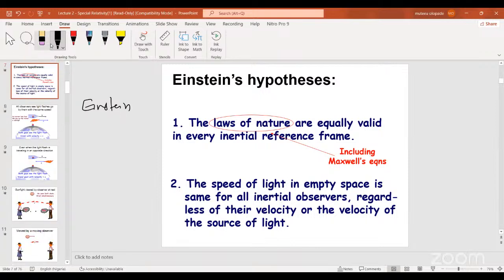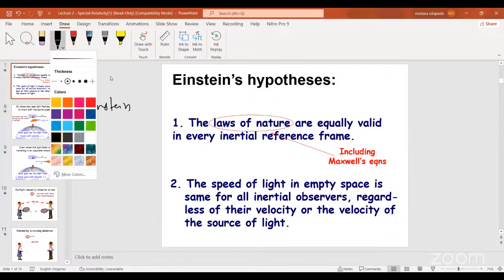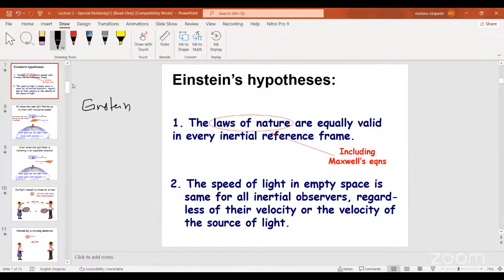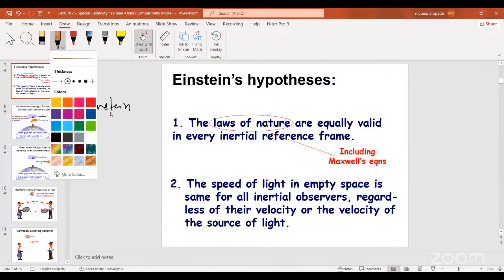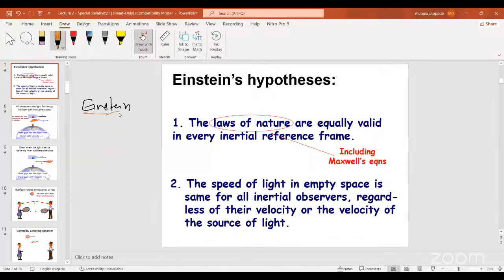He said that the laws of physics are the same in all inertial frames of reference. So after he said that, that means if you move from one frame of reference, maybe from the physics department,